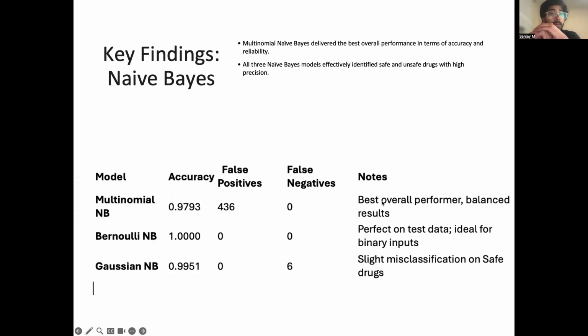So the next slide covers the key findings for the first supervised learning algorithm, naive Bayes. So we found that the multinomial naive Bayes delivered the best overall performance in terms of accuracy and reliability. And then, all naive Bayes models were effective in distinguishing between safe and unsafe, but out of the three, multinomial was the best. We move on to the next slide, which